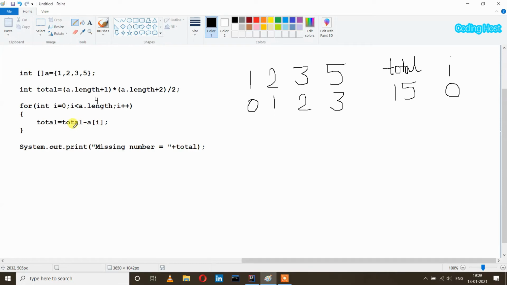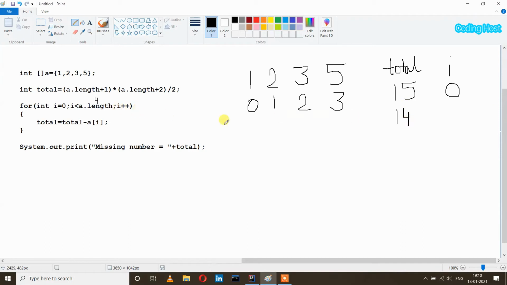In the total variable we have 15, and in a of i, at index 0, the element is 1. So 15 minus 1 is equal to 14, and we are storing it back in the total variable. So now this variable has 14 inside it.